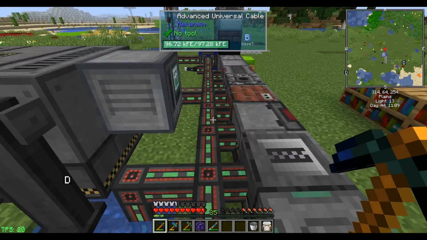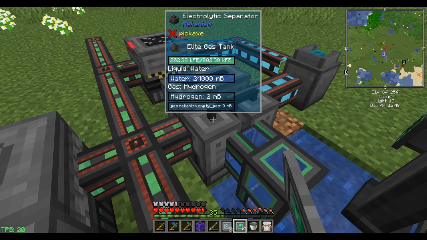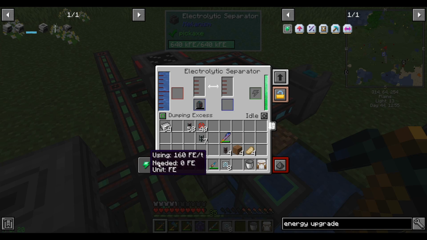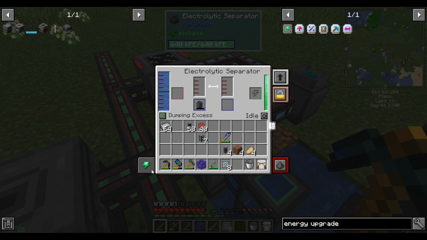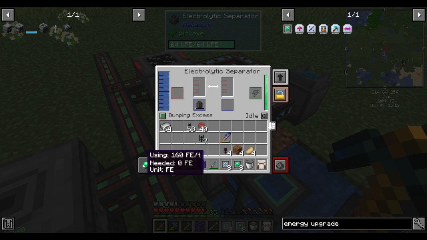So let's put some speed upgrades into the electrolytic separator. There's no reason not to put 8 energy upgrades in. That just makes the machine more energy efficient at more or less no cost. I mean, besides the cost to actually make the items. It doesn't make it any faster. And in fact, it uses a lot of energy with these. Hold on, I'm going to pull these out and see how much energy it uses without them. Does it really use... It uses 160 FE. So I guess...